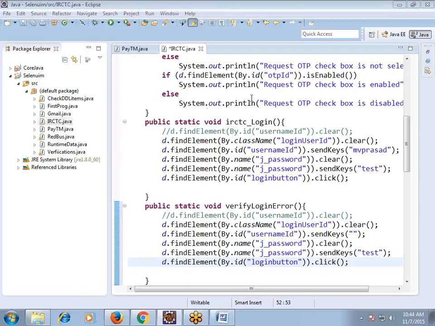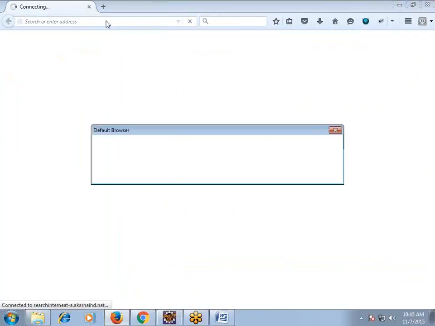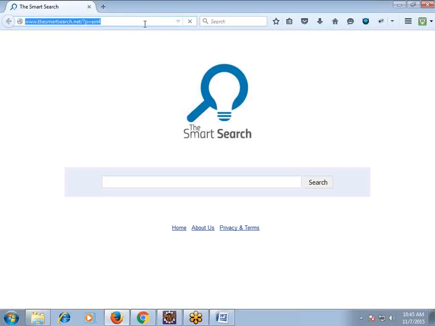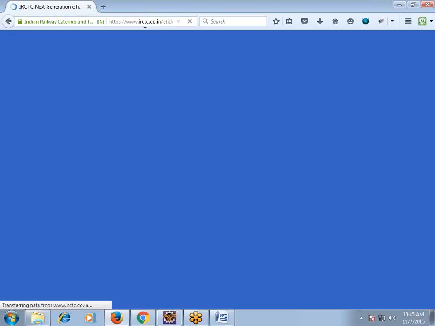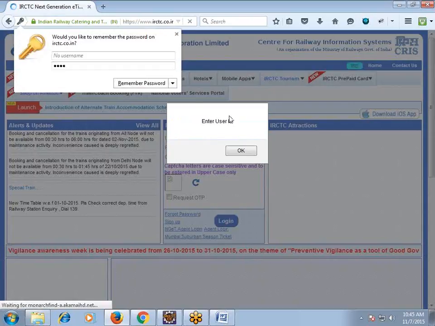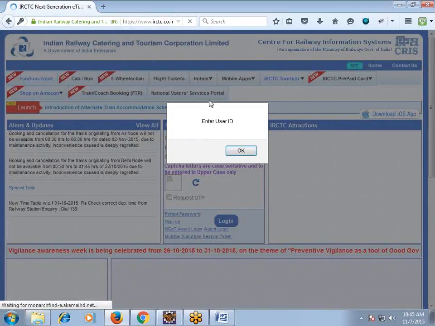Open the IRCTC application. Okay. So you enter some value in the password, test. Okay. Now click the login button. See, it displays a pop-up message. Just try to highlight this using